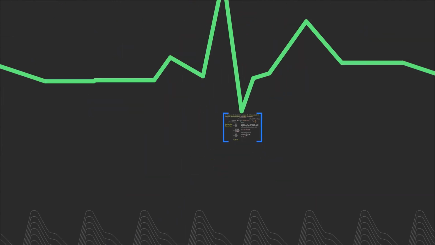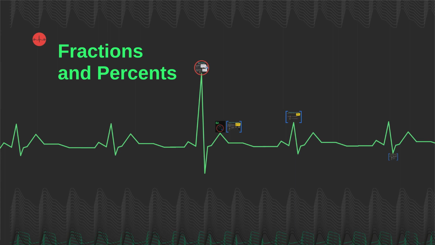Our lesson about fractions and percents ends here, and this is pretty useful in mathematics and even in real-life situations,